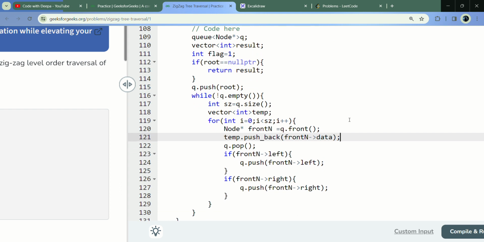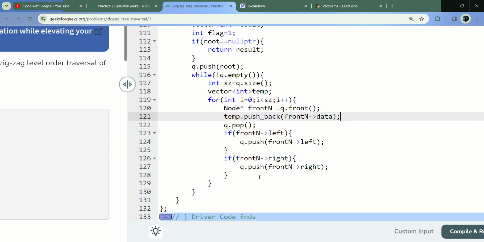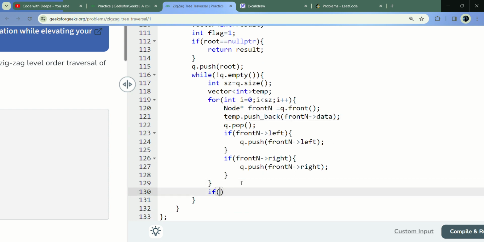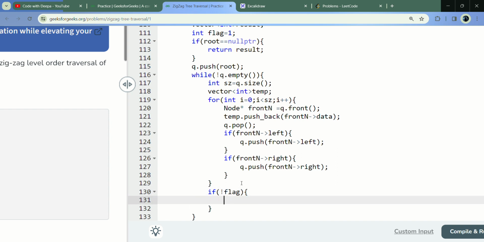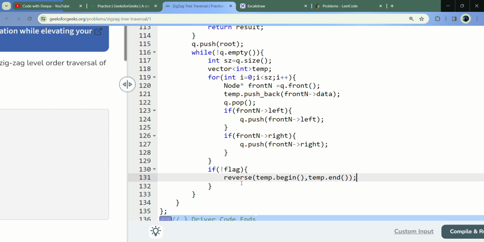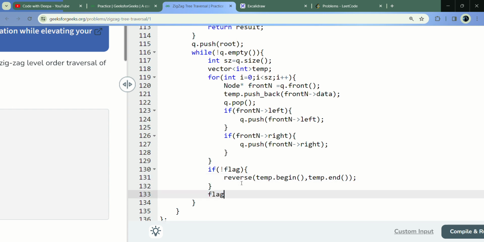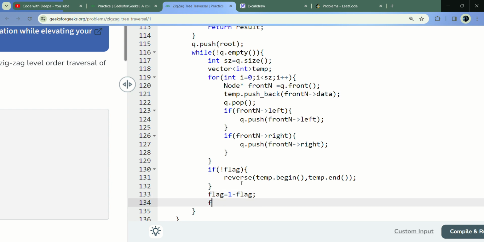Okay, so this is completed, and now again I will check my flag. If not flag, which means it is not odd, so I have to reverse my temp array which is storing my answer for the current level. So temp dot begin comma temp dot end. This built-in function will reverse my given array, and after that I will make my flag equals 1 minus flag, which will become 0,